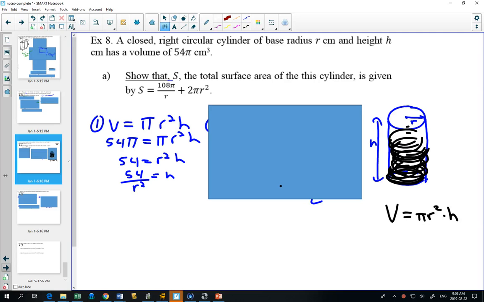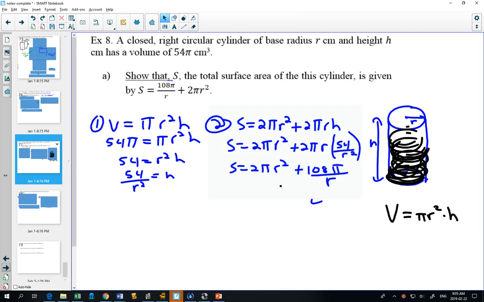And so if we stick that h and substitute it in, our surface area is the two circles on top plus 2 pi rh. Oh, I love the cylinder surface area formula. That's another one, if you visualize it, you don't have to memorize it either. The first part, 2 pi r squared, that's the circle on the top and the circle on the bottom. That part's easy. The 2 pi rh part,